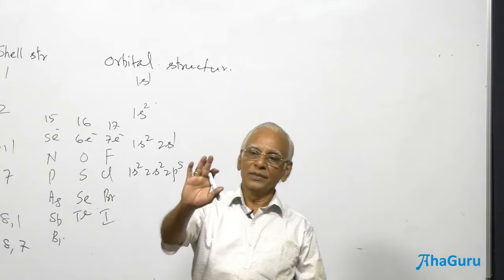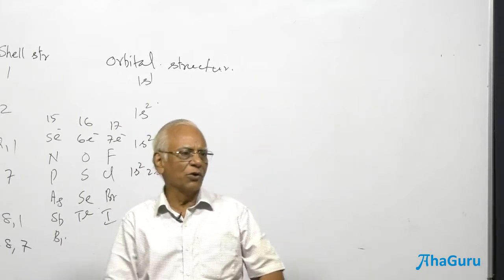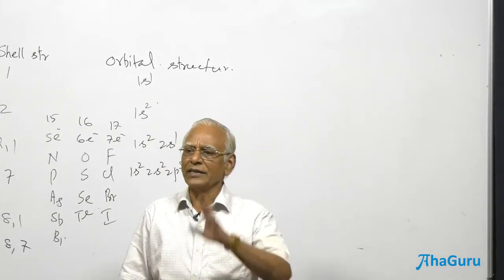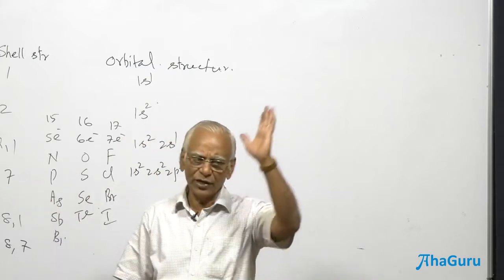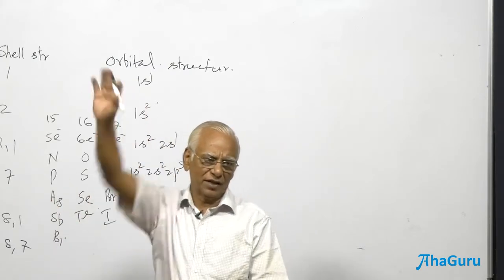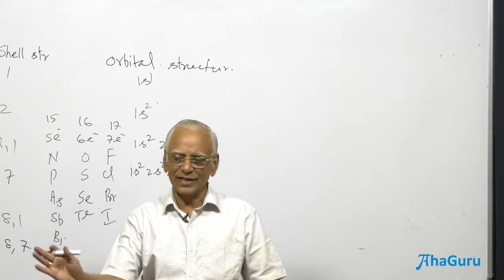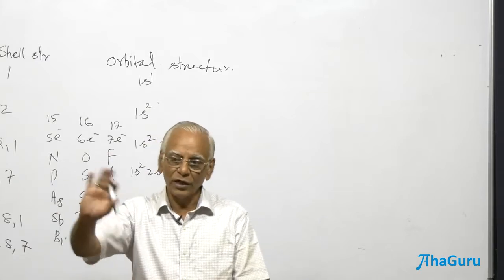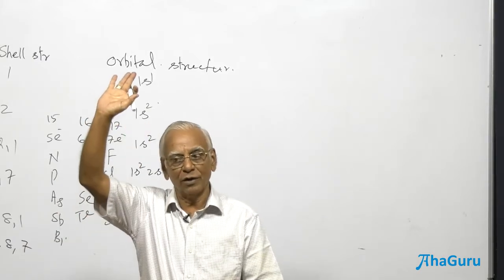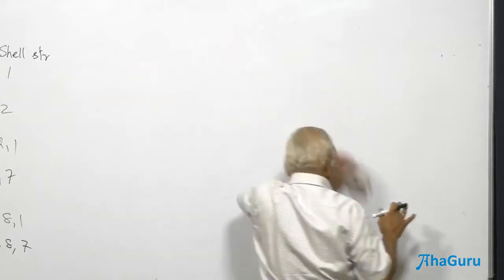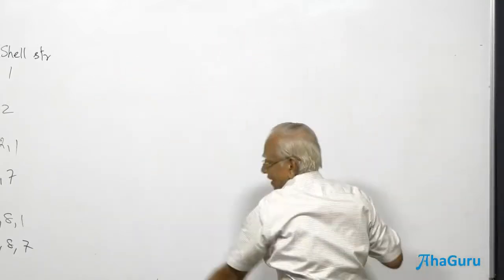If you have an atomic number 57, sir, how do I write the electron shell structure? Given the atomic number, how do I write it? Only when you know the shell structure will you know the number of electrons in the last shell. Accordingly, you try to classify more than 4, less than 4. Let us not come to the 4 electron case now. How do I write the shell structure?